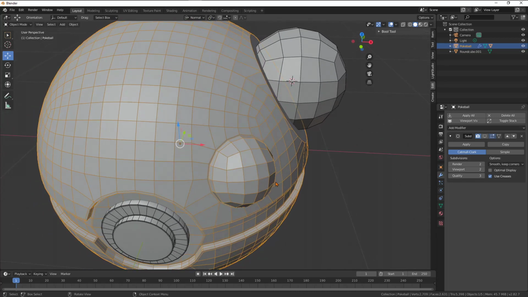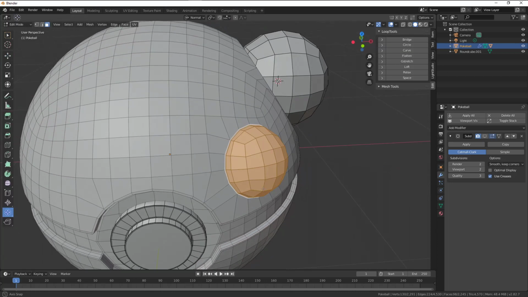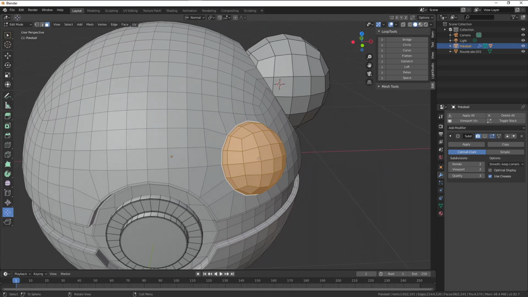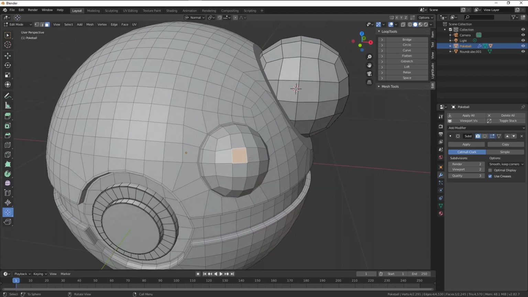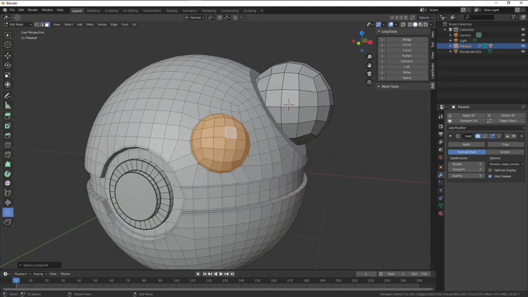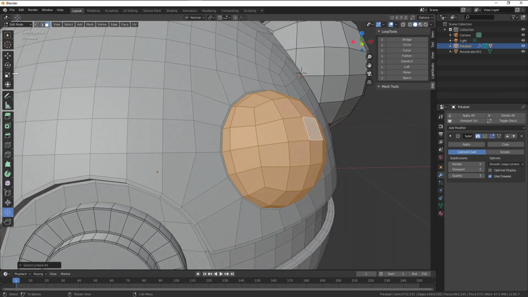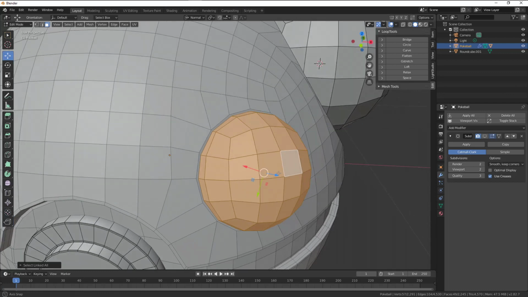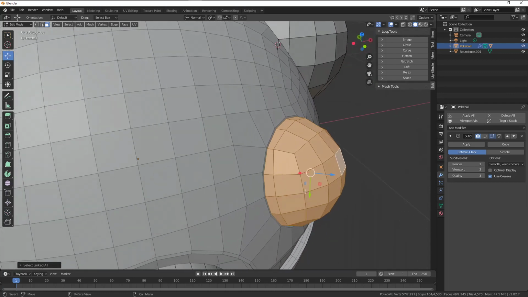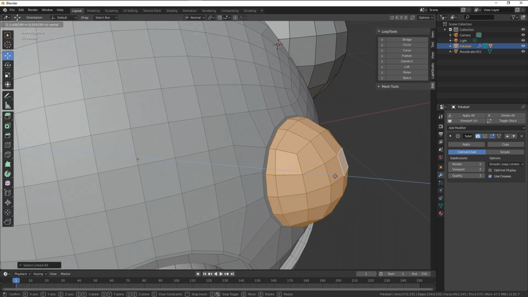Go to edit, and I think you can do Control L. Yeah, and it's gonna select this whole separate object. Go to your move, and we're gonna separate it a bit,